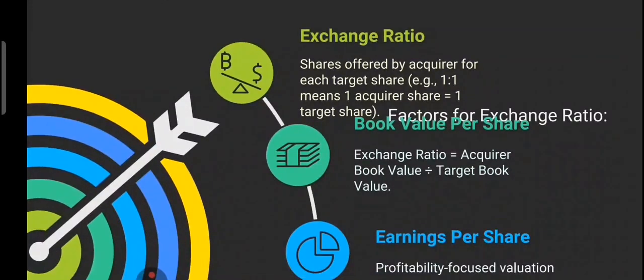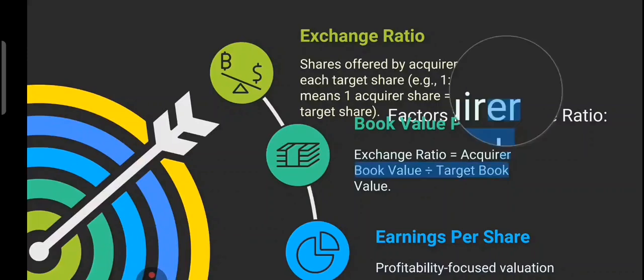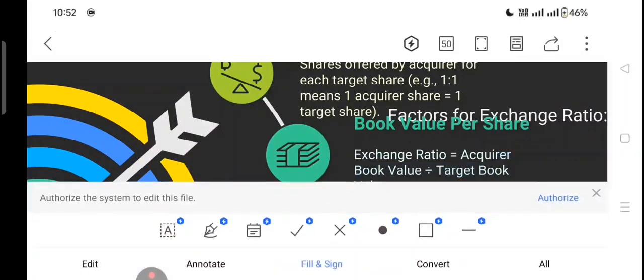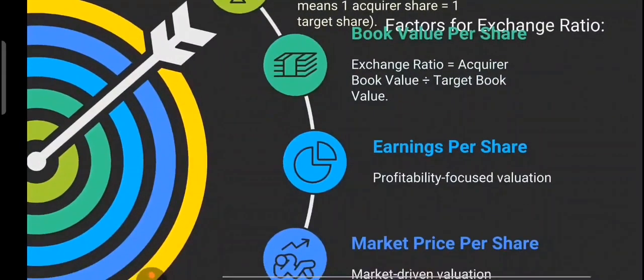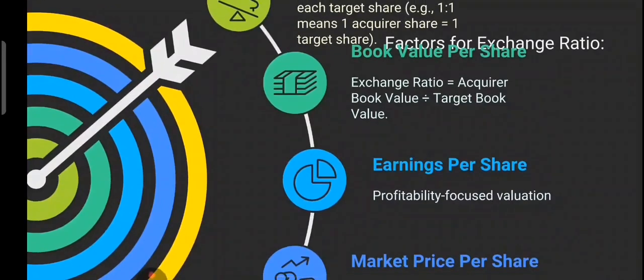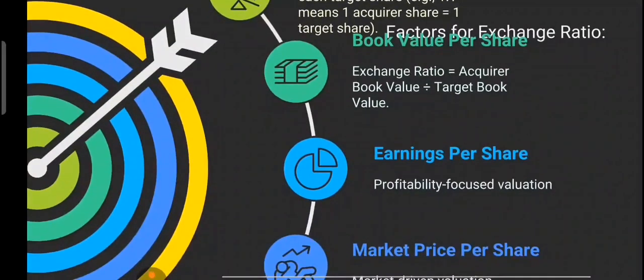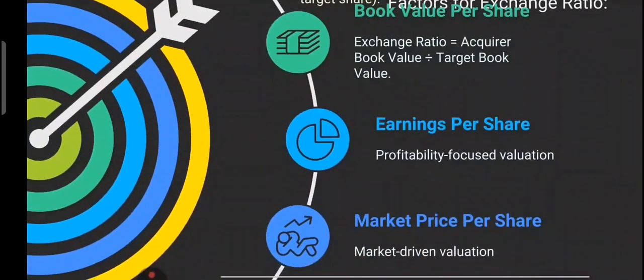right? But what drives this number? There are some factors which drive this number. Let's look at those factors. The first factor we have is called book value per share. It is a balance sheet valuation where the exchange ratio is aligned with the combined book value of both entities, right? The formula is quite simple: a balance sheet based valuation where the exchange ratio is aligned with the combined book value of both entities. As per book value per share, the formula is acquirer book value divided by target book value, then exchange